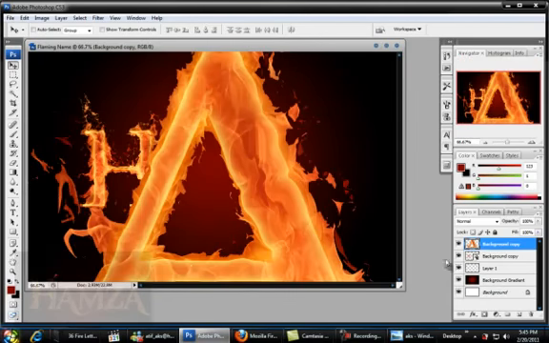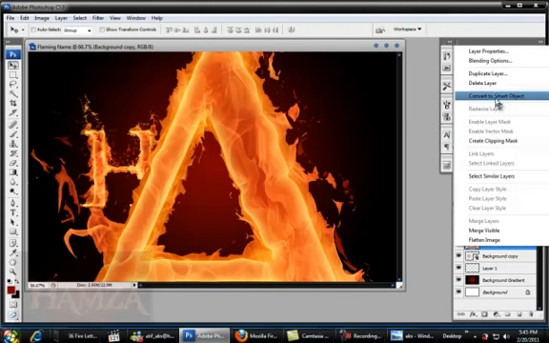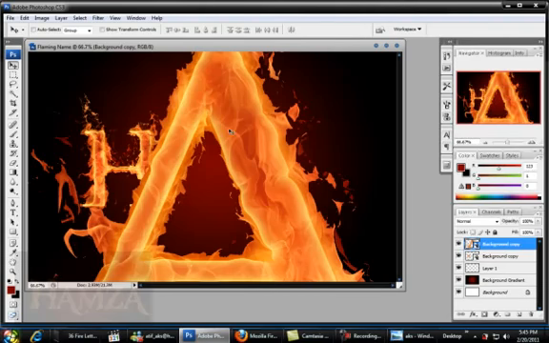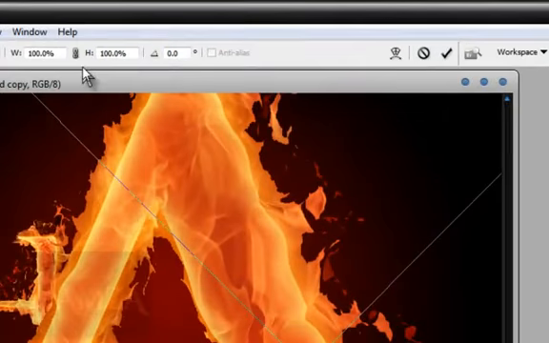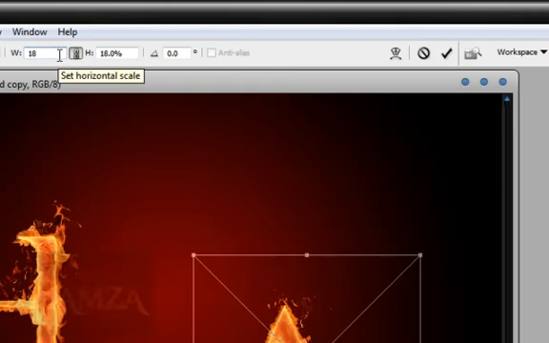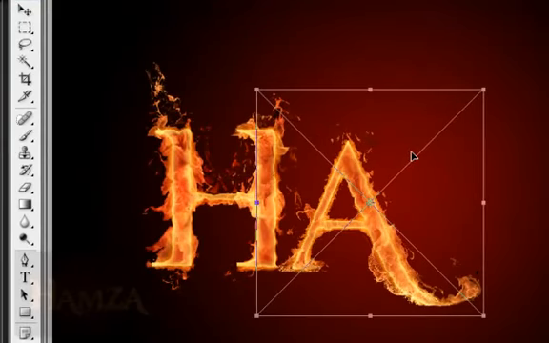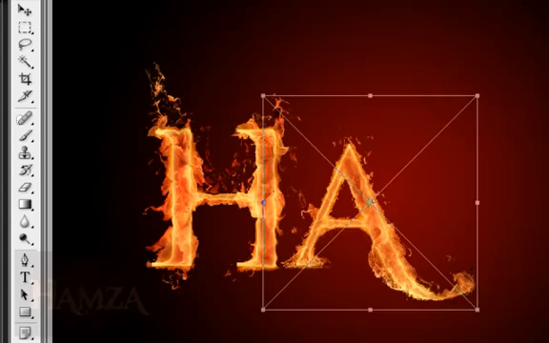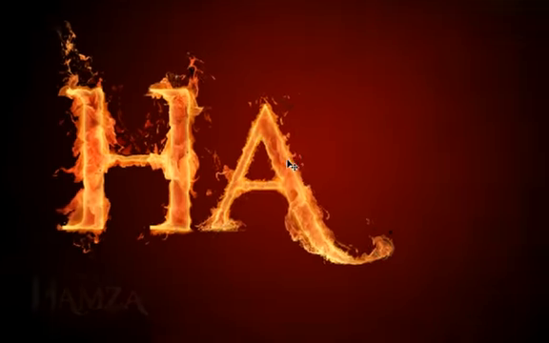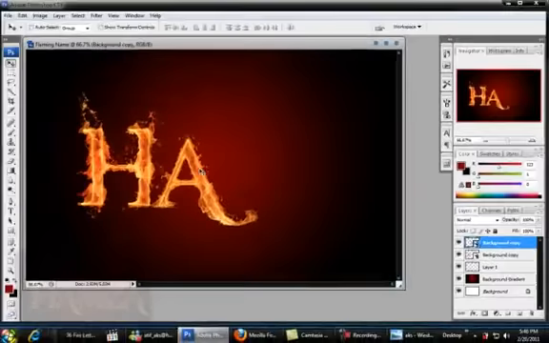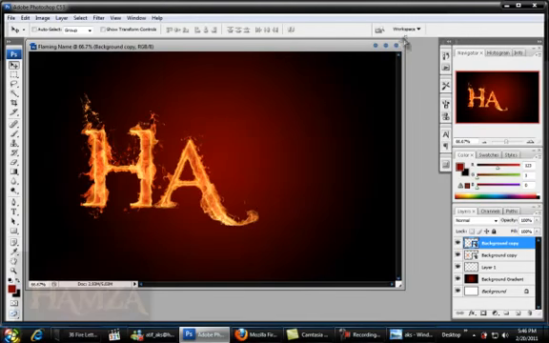Now we have to rescale it again, so we repeat the procedure by converting this to a smart object, pressing Ctrl plus T and pressing this button, and let's give this a size of 18. We should keep this letter, and this is a key point, a little bit smaller than our first letter to give the effect a more professional look. Now we kept our previous letter at 20%, so we should keep this one at 17%. So it is now a little bit smaller than the previous letter. Set this to the place where you want to set it like this, and let's go back to our next